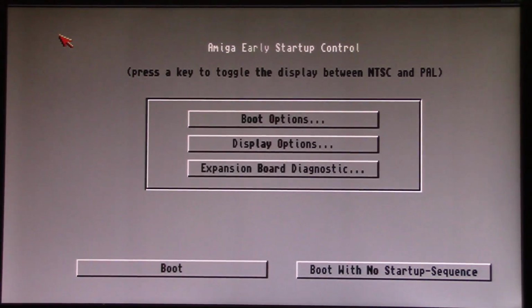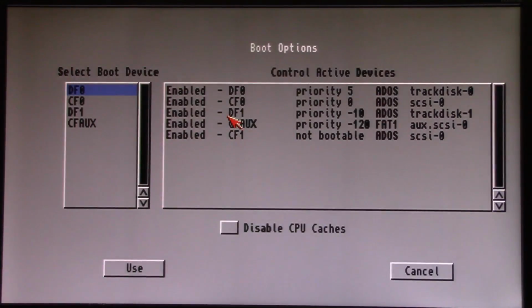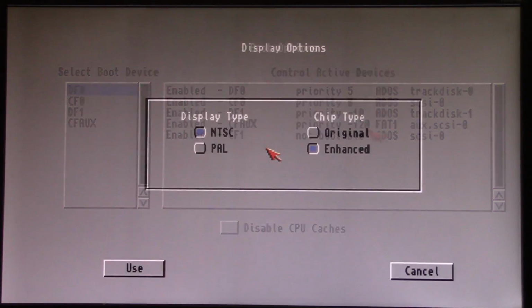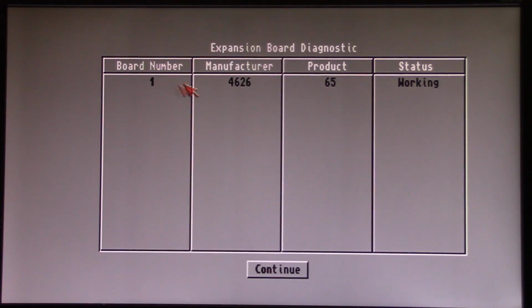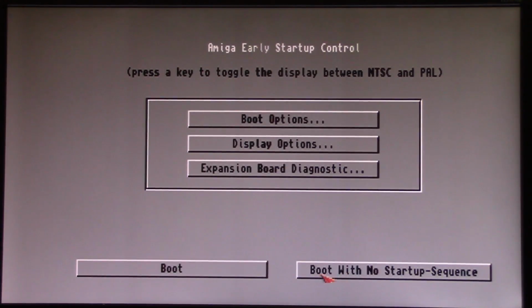Boot options will allow you to choose which device to boot from or disable certain devices from being seen. Display options switches between NTSC and PAL, mostly on AGA Amigas, but I think it'll work on ECS too. This switches between the original chipset and the enhanced chipset. Expansion board diagnostic will tell you if your expansion boards are working, but what we care about is boot with